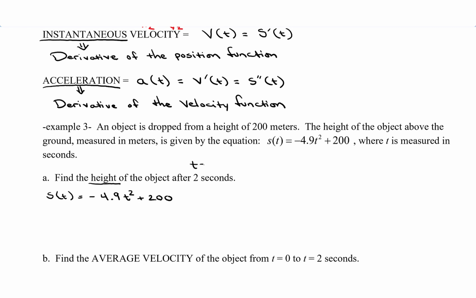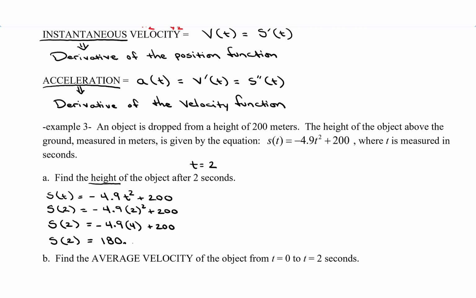Above the words 2 seconds, I'm going to write down t equals 2. And this is what I'm going to substitute for t. So s of 2 is equal to negative 4.9 times 2 squared plus 200. So s of 2 equals negative 4.9 times 4 plus 200. So s of 2 is going to be equal to